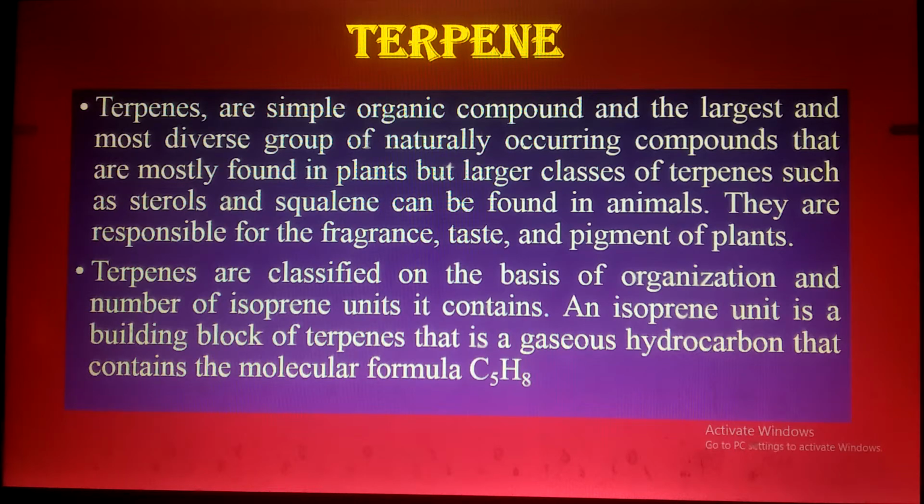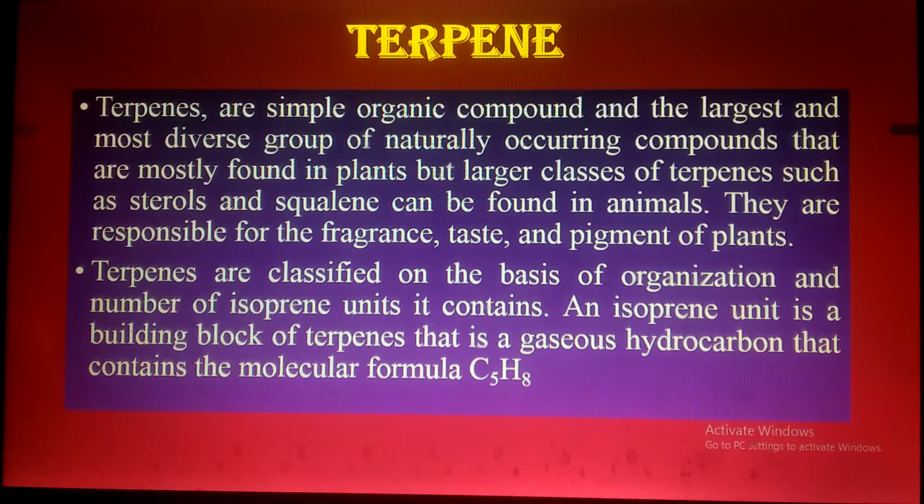So I will discuss all the plant and animal terpenes one by one. They are responsible for fragrance, taste, and pigmentation in the plants. The taste, the fragrance, and different colors of the plants, fruits, and many more are because of the terpenes and